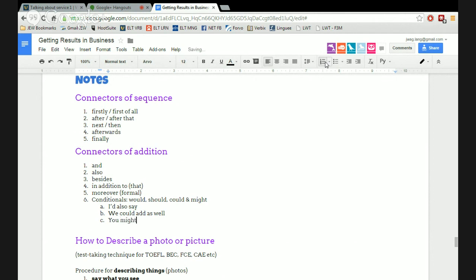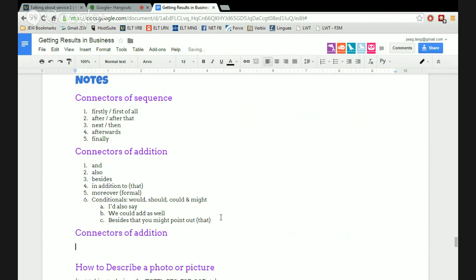You might... besides that, you might point out. Okay? That's an example of how to use your conditionals with connectors of addition. Now, we don't just have connectors of addition, we also have connectors of